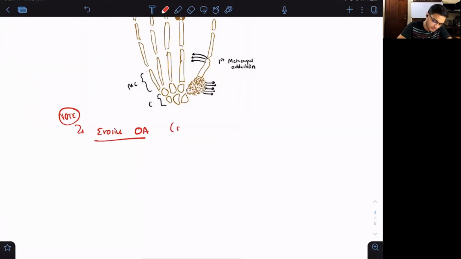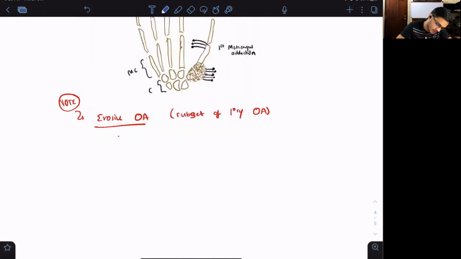This is a subset of primary osteoarthritis of the hand. It is used to describe rare cases of hand osteoarthritis, with, you all can write this,